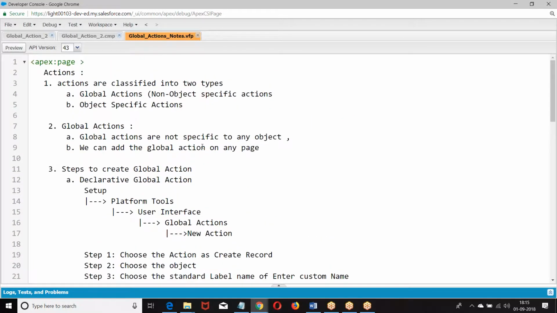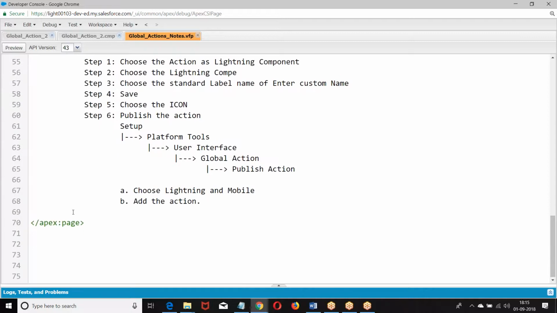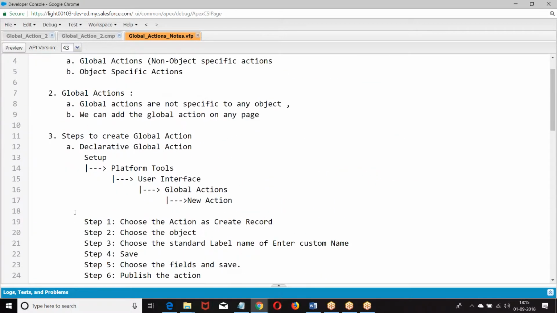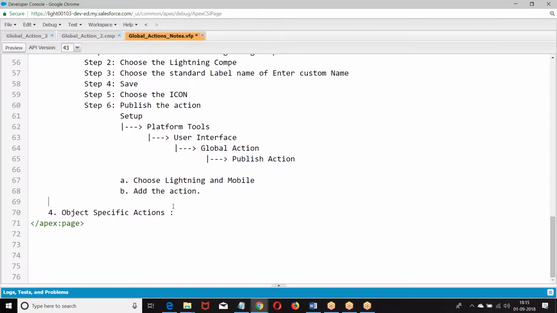Now this is global actions. Now let us go to object specific action. How do you define an object specific action in Visualforce? We go for a concept called standard controller.